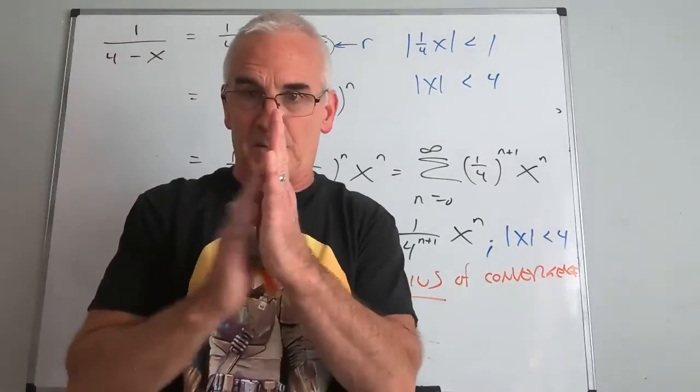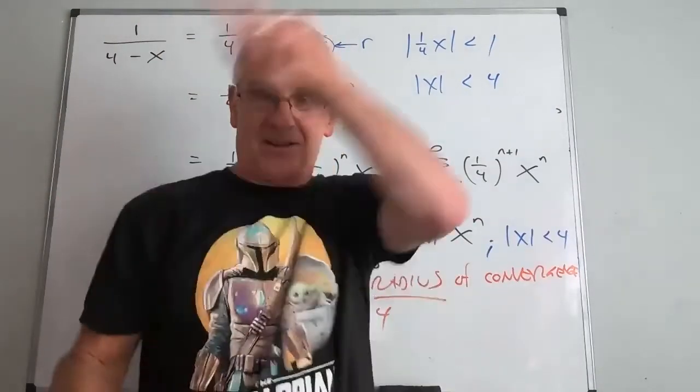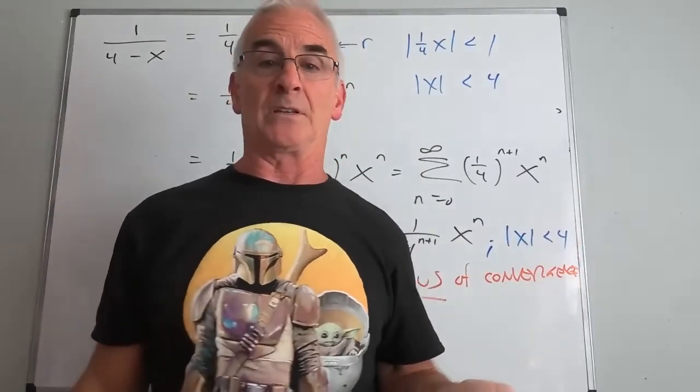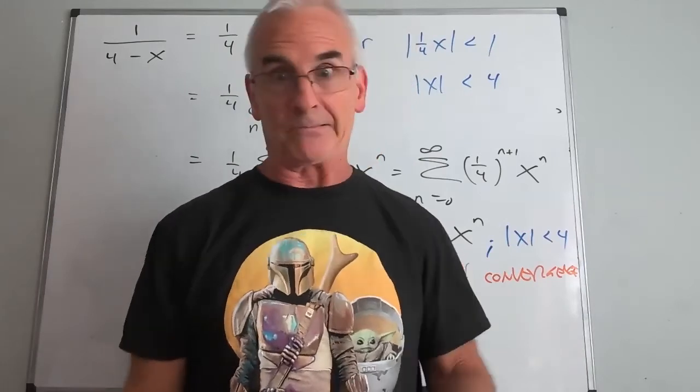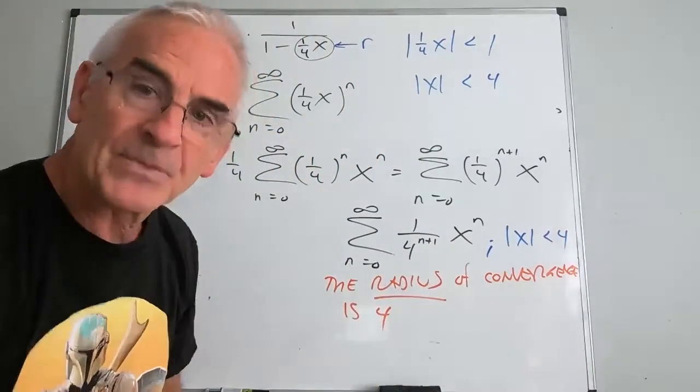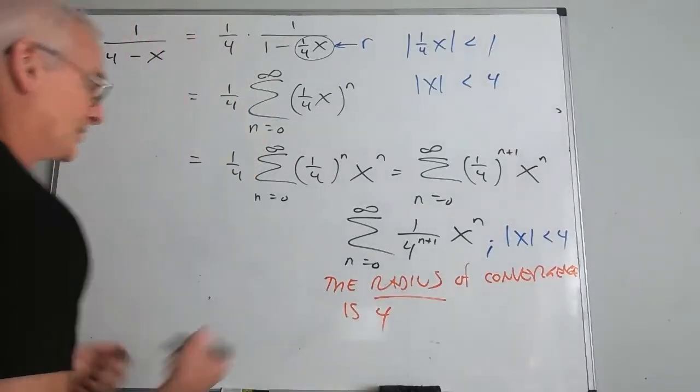And I want you to think of radius as, I want the same amount in each direction. Kind of like a circle, except I'm on a number line. And that's the same term we used when we did epsilon delta proofs in Calc 1. It's called the radius. The radius of convergence is 4. The interval of convergence,